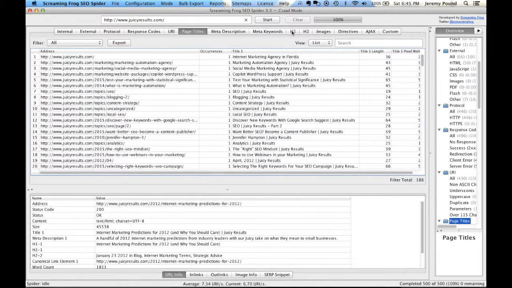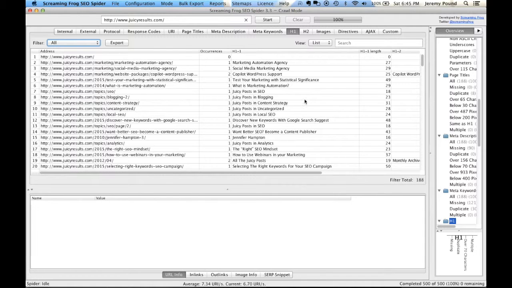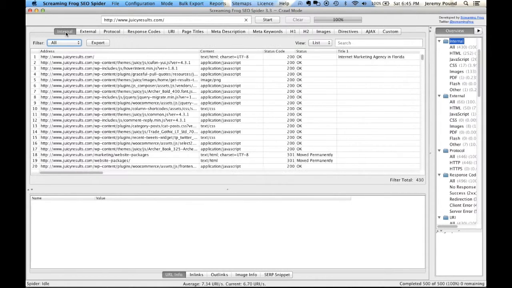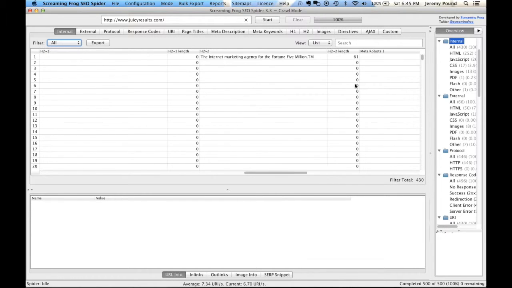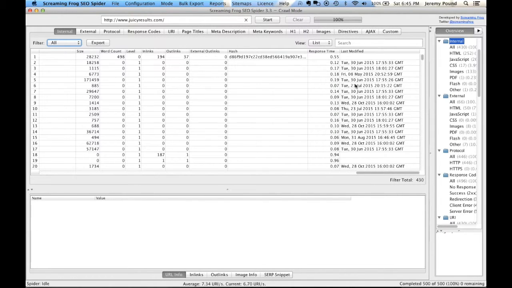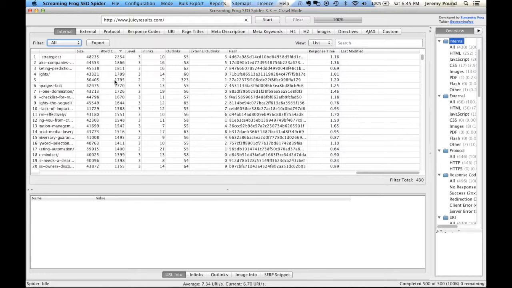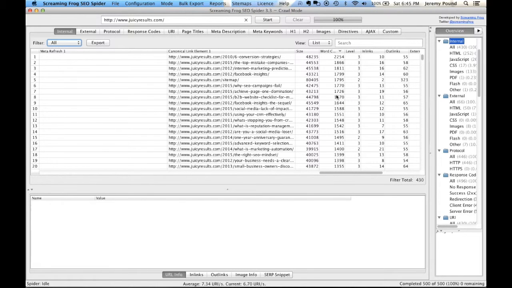And so I can also have everything come across. I can look at the H1 tag as well. If I go back to the original list, I can really see an amazing amount of things: H2 tags, the size of the file, and the number of words in that file. This is really helpful as well. From an SEO standpoint, you really want to make sure all of your HTML files that are indexed by Google have more than 500 words, or really I should say more than 300 words, but it depends on